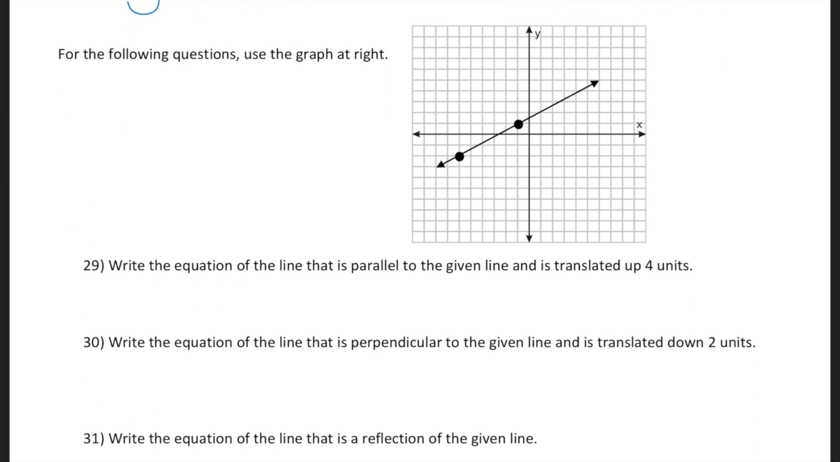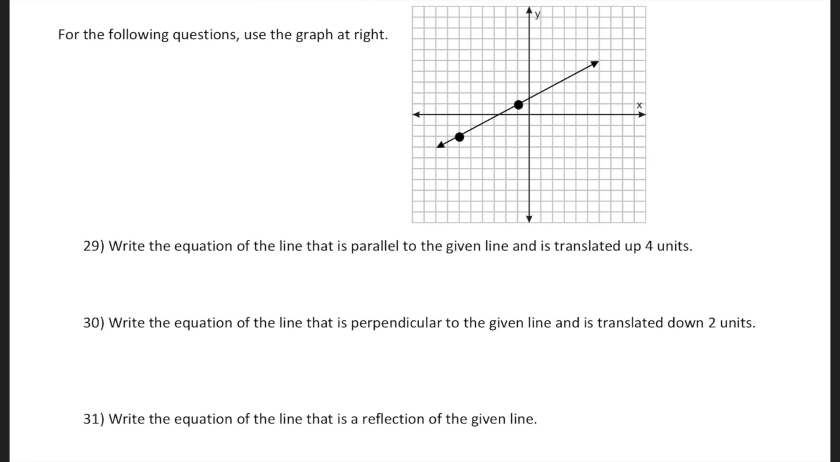For the following questions, use the graph at right. Number 29, write the equation of the line that is parallel to the given line and is translated up 4 units. So I need to know the equation of this line to be able to answer that question. So if I look at my slope, I have 1, 2, 3, 1, 2, 3, 4, 5. My slope is 3/5. My y-intercept, oh Lord, I don't know what it is. So